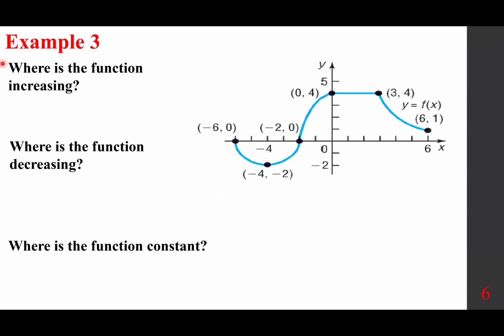Here's the graph. Example 3, where is the function increasing, decreasing, constant? Remember the definition of increasing and decreasing in an easy manner to understand: if you assume it's a line looking like that, it has a positive slope, and a line looking like that has a negative slope, and a horizontal line is constant. So this part